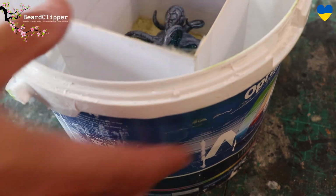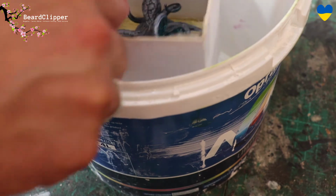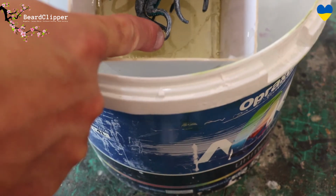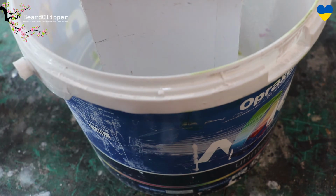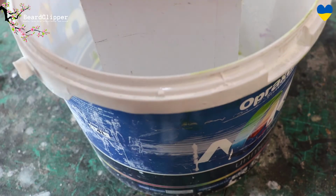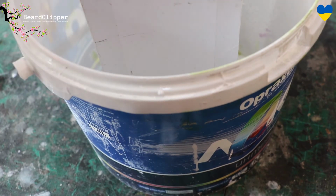Or I might even do another one or two of these little boats and have another one kind of caught up in, oh you can't see, sorry, in this tentacle here. So there's going to be two or three boats going down, and also some of the carvings that I've done, I'll pop those in, and I'm going to do several very small pours now, not the big pour like I did